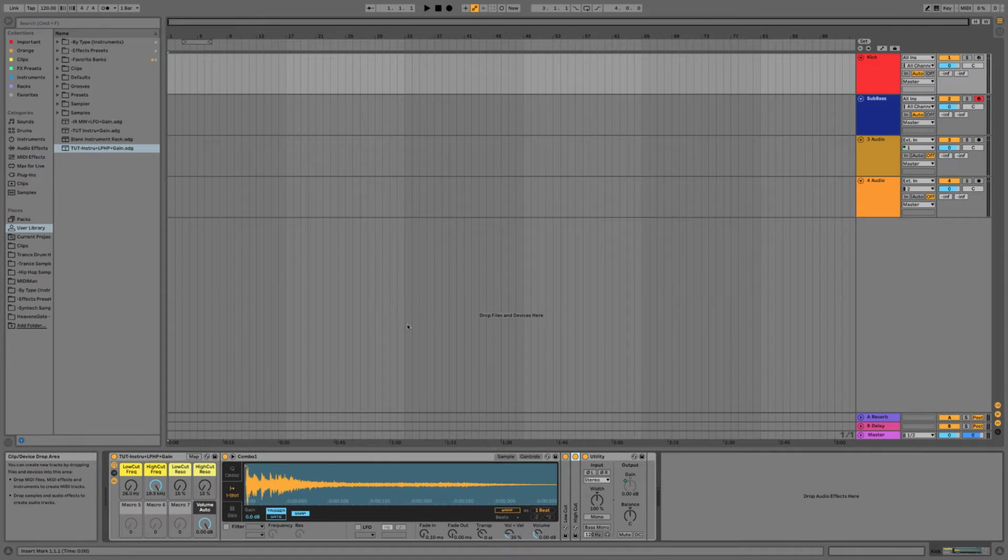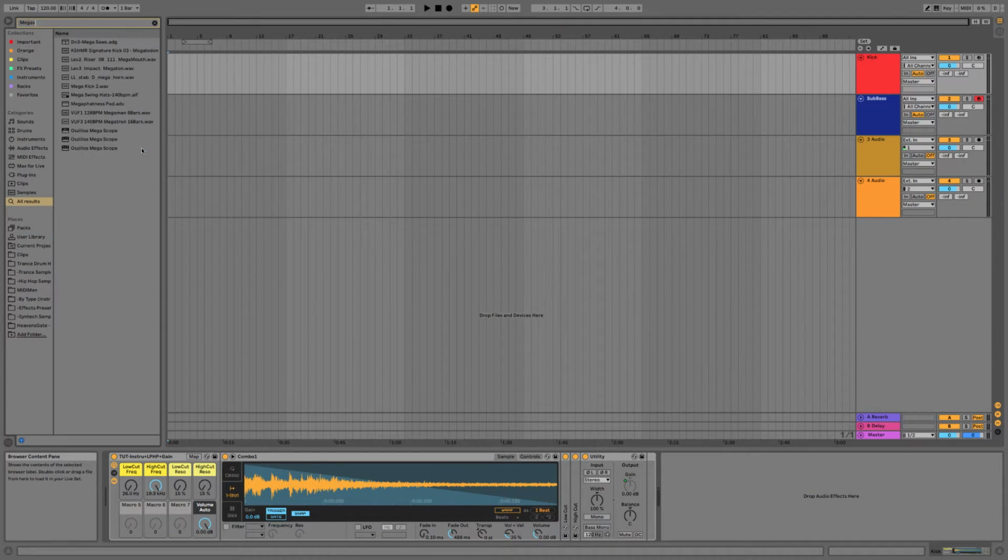Cool. So for the kick drum, usually all I need is to use this in one shot mode, and I'll put the kick there, and then I can use the fade out and the ending amount to choose the length of the kick that I want. Now I also like using this effect. This is the mega scope,